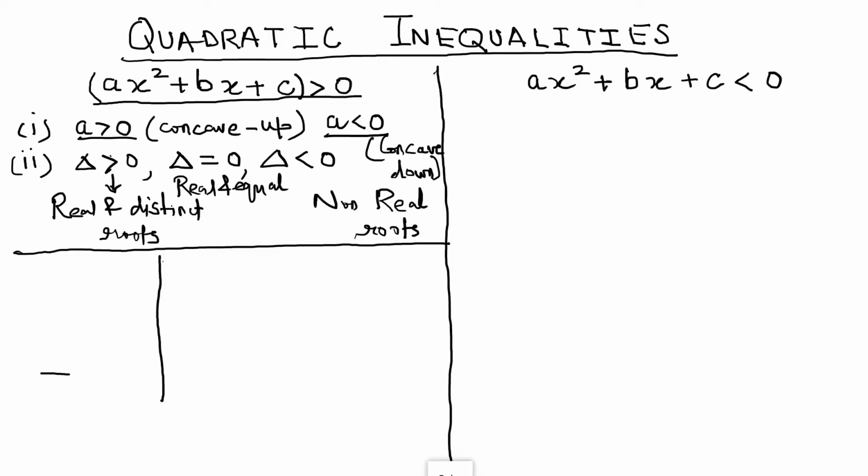So I am plotting this on the Cartesian plane such that this expression is always positive. Always positive means that it is always above the x-axis. What are the conditions here? The conditions are a should be positive, and since the graph of the quadratic expression ax square plus bx plus c does not intersect with the real x-axis, we would say that delta is less than 0.